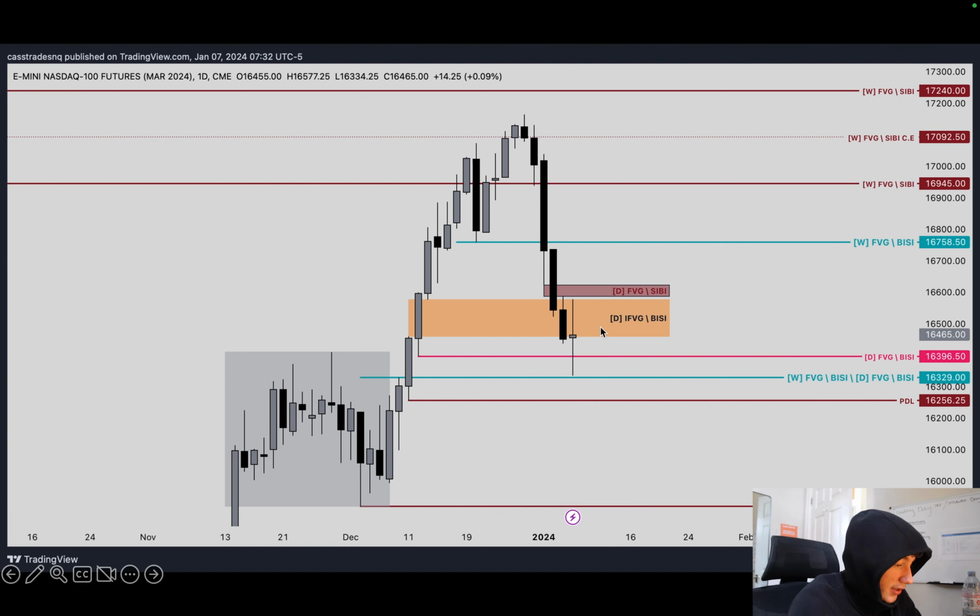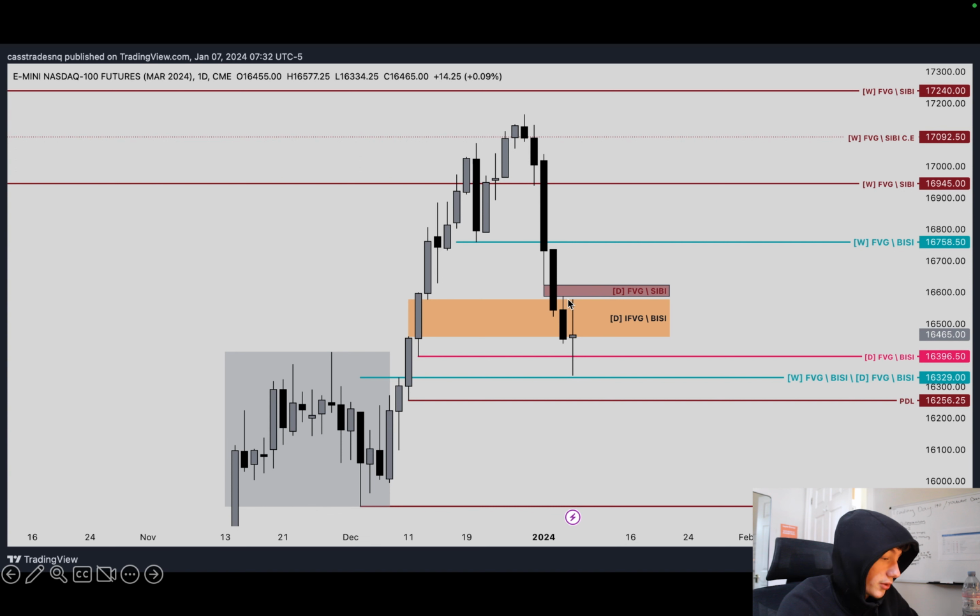So here we have this inversion fair value gap / BISI, and all these bullish PD arrays have just been eaten through. BISI done, order block done, order block done, BISI taken, and then this one is closed below. So my first thought is that we're going to continue lower next week. We have a previous day's low here that hasn't been taken yet, and then we have this weekly fair value gap / BISI, the low of it there as a target, and then this daily fair value gap / BISI, which is overlapping with those two, and also the consequent encroachment of this wick if we see more downside movement.